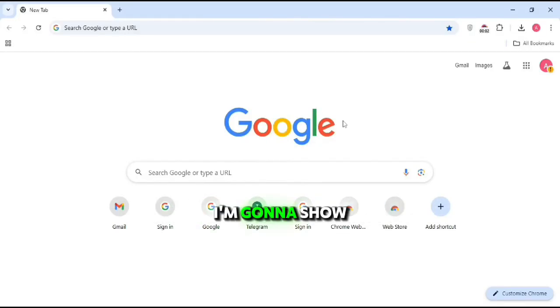Today I'm going to show you how to recover your Gmail password in just a few easy steps. If you've forgotten your password or lost access to your account, don't worry, I've got you covered. So let's get started. First, open your web browser and go to